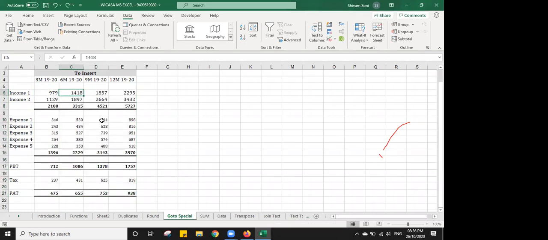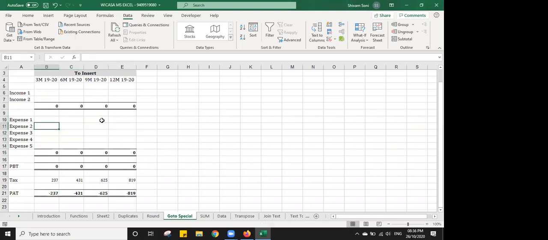So in this case, what option do we have? Either we can go to a single cell and delete this. Suppose I am going to delete this, I am selecting this and I know where my formula is, and I will delete that. This is only 4 rows and 20 columns. So what if there are 40,000 rows and 20,000 columns? Are we going to select and go into each and every cell and delete that? No.